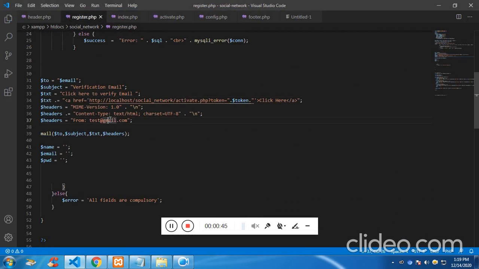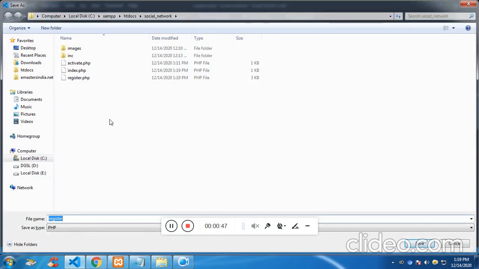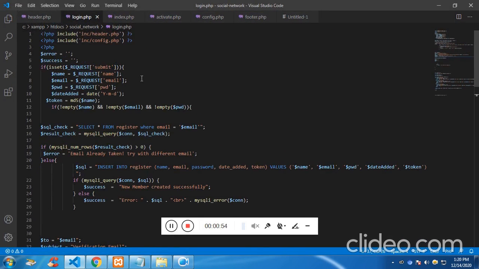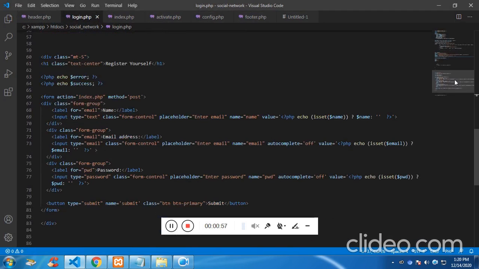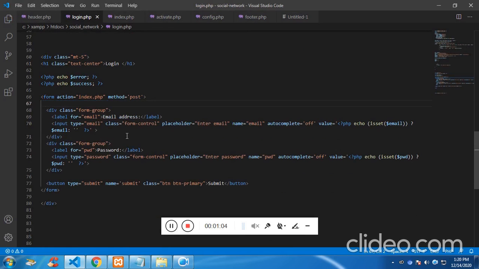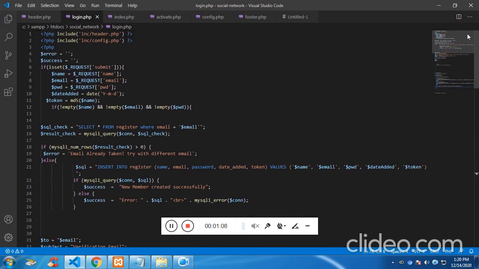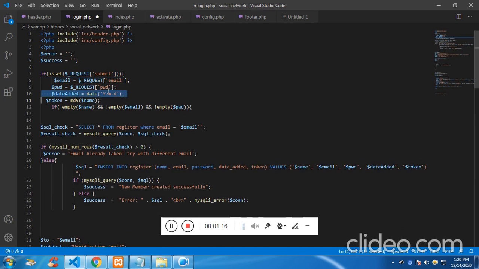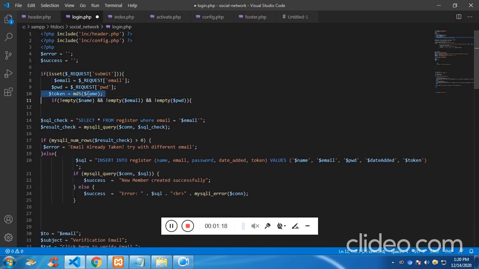This is index, and let's save this register.php as login.php, and here in login, we don't need name. After clicking on submit, it is going to check submit. We don't need name, we don't need date added, we don't need token,